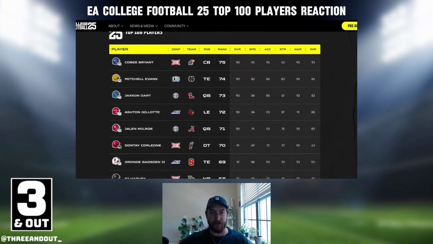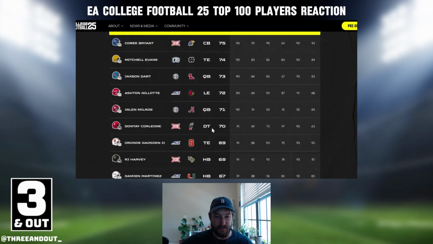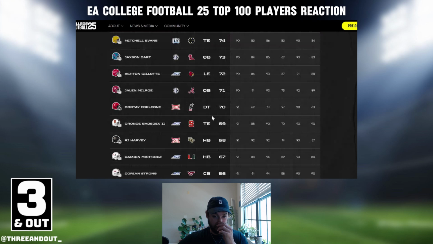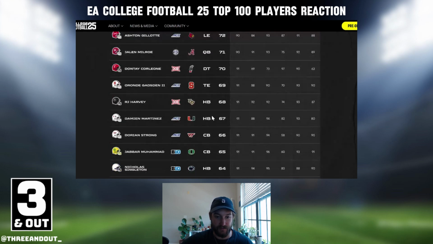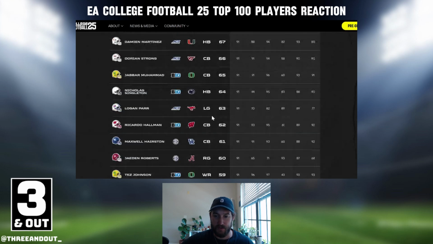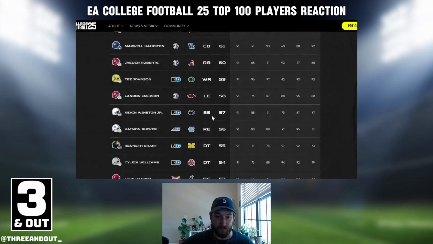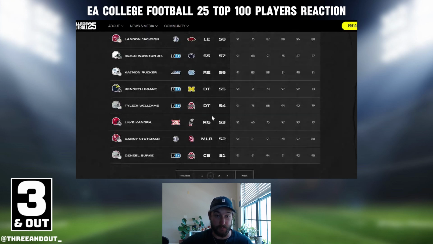I don't know. We'll have to see what other quarterbacks are on this list. I might skew and put Jackson Dart a little higher than that, but we'll have to see what they have for the rest of the list. Let's see. Anybody significant? I'll include the link in the description so you can look through this and see if there's anybody that you want to see specifically. But I'm just sticking with people that stick out and are talking points.